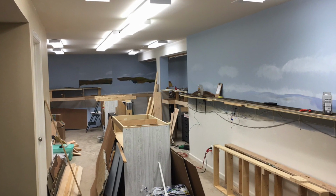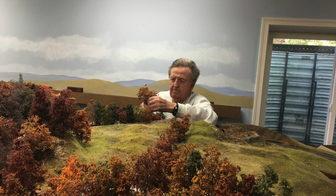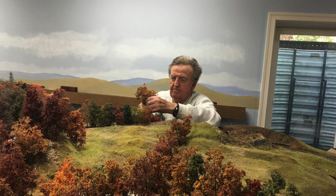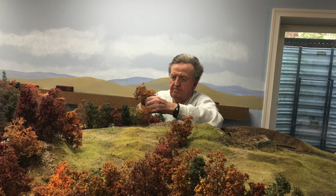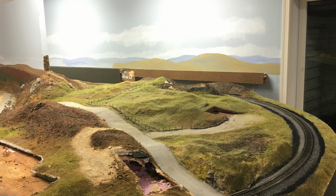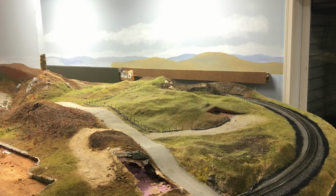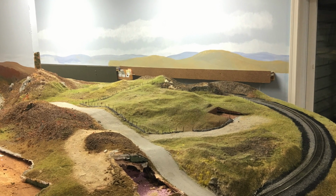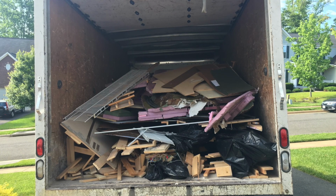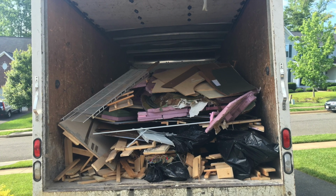But the basic layout, the bench work, the scenery, except for the trees, didn't survive. My dad spent a long weekend carefully taking all the trees off the old layout, as you see here, and putting them carefully in boxes where they are currently stacked in the new basement. I haven't unpacked them yet, so I hope they survive the move. Anyway, the rest of the layout kind of ended up here, and this is the last picture I took